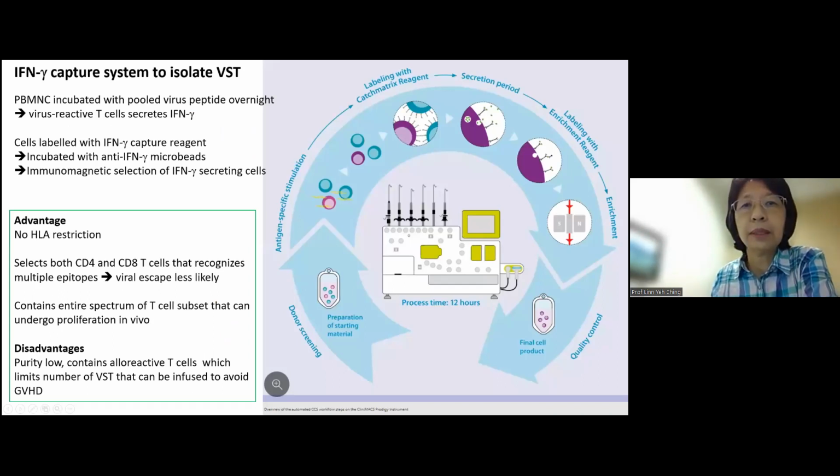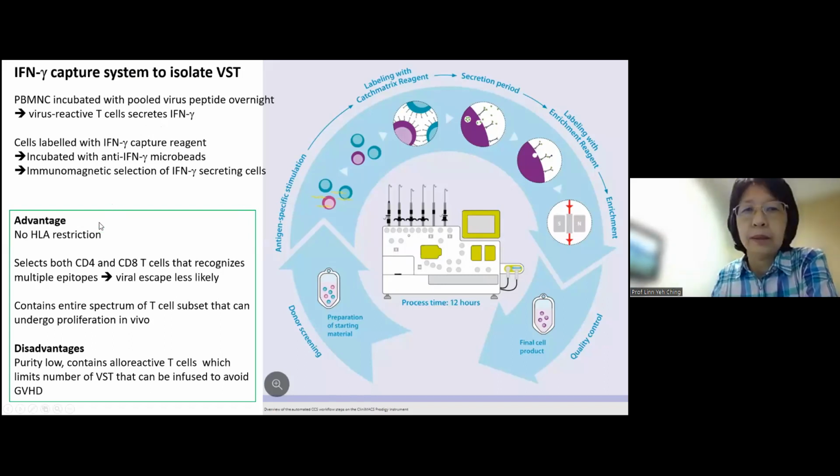This is another isolation method making use of interferon gamma secretion to isolate the VST. So cells are incubated overnight with pooled viral peptides, and those T cells that recognize the viral antigen will secrete interferon gamma, and the interferon gamma can be captured, labeled by interferon gamma capture reagent and incubated with anti-interferon gamma microbeads, and then it can be selected using magnetic